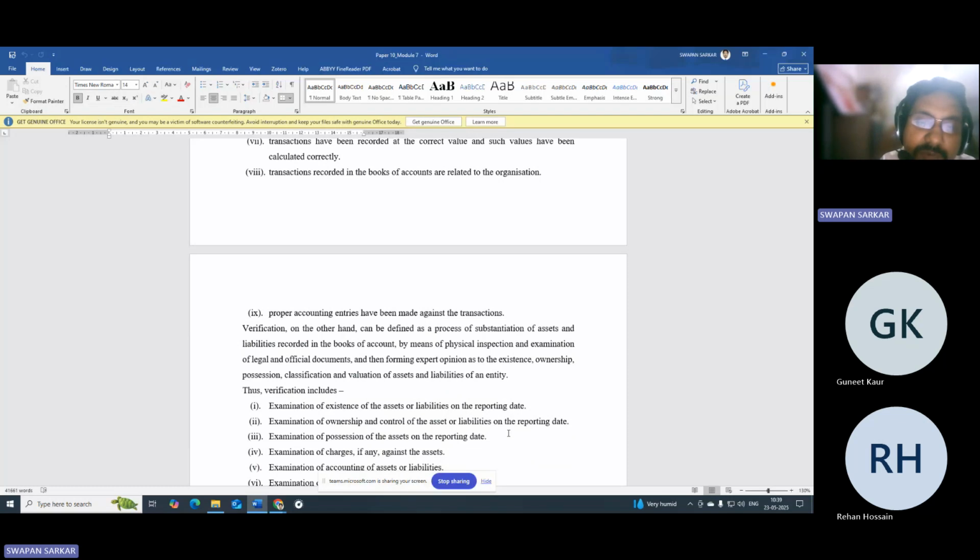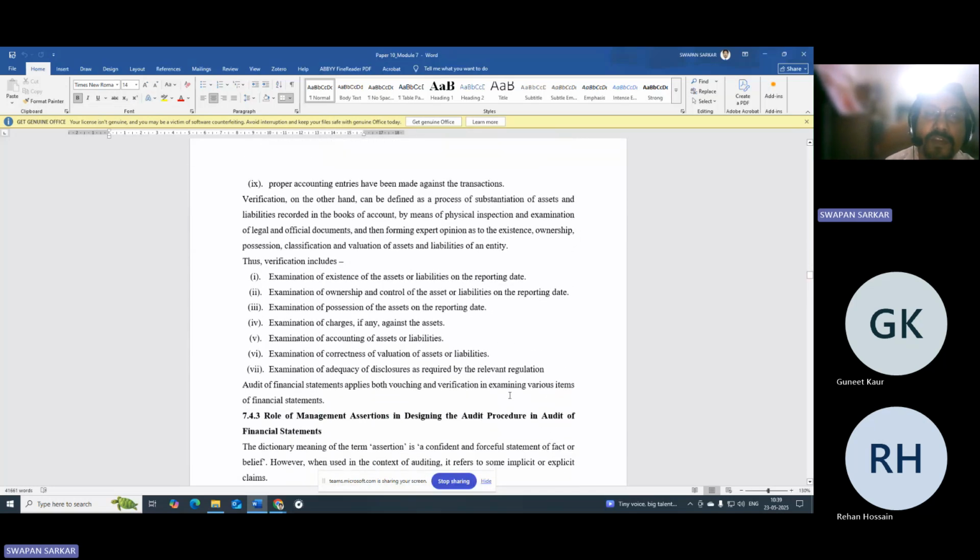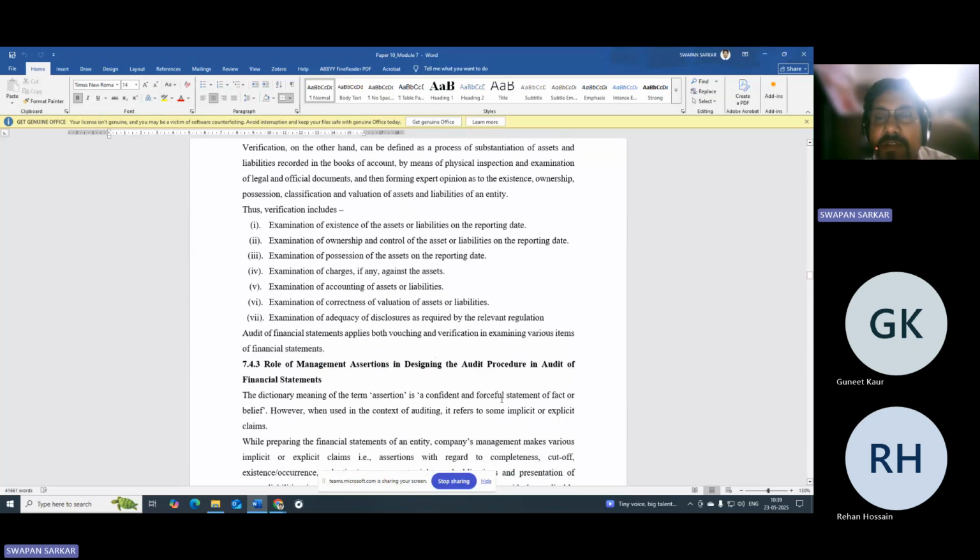On the other hand, verification can be defined as a process of substantiation of the assets and liabilities recorded in the books of accounts by means of physical inspection and examination of legal and official documents, and then forming an expert opinion as to the existence, ownership, possession, classification, and valuation of assets and liabilities of an entity. Thus, verification includes verification of the existence of the assets and liabilities on the reporting date,